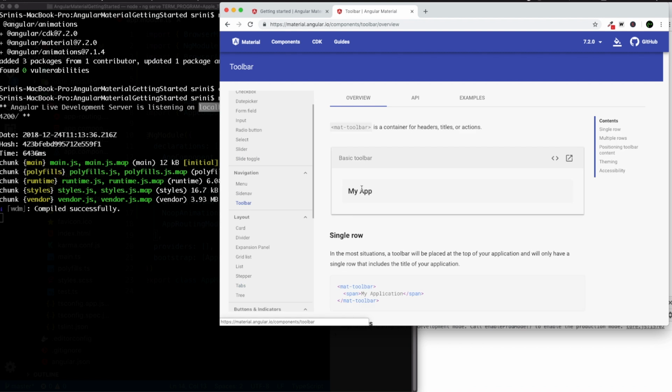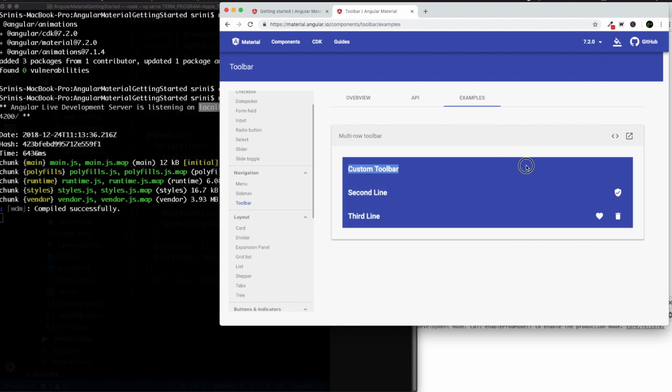Where is it? Okay, it's right over here. So this is a toolbar. Let's add it and customize it a little bit. Okay, so to do that,